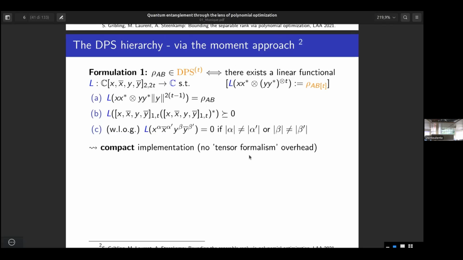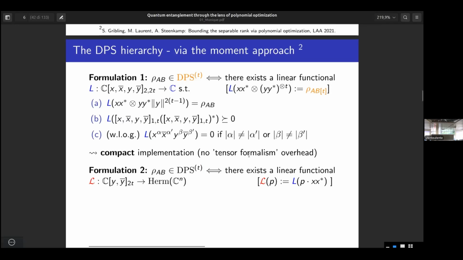So now maybe the experts in the room would think, okay, I could also have said that L, so here it's on homogeneous, I could extend it to the full space by saying that my L is 0 on the ideal of the sphere, and then I would apply Putinar's theorem, which says that if you have a linear functional which is positive on the quadratic module on the sphere, then L has a representing measure on the sphere. But this doesn't work because we only extend the Y side.